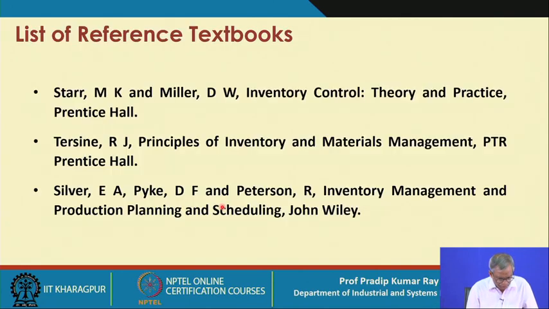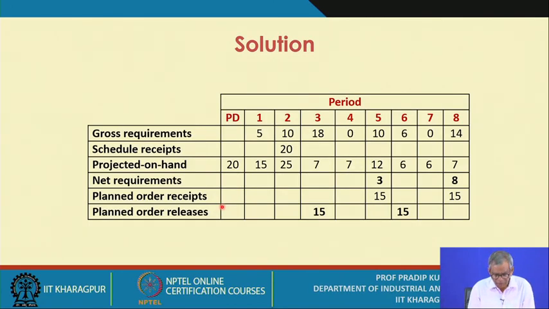Now, with this, what we are proposing is that you should be familiar with this particular table. This is the basic table you have to create. Obviously, there will be many assumptions while you create such a table, but what is important is that at any point in time you must be able to calculate the planned order receipts and the planned order releases. Is it okay? So this is the first level, and as the time changes, you need to recalculate all these parameter values. Okay, so I conclude this session.